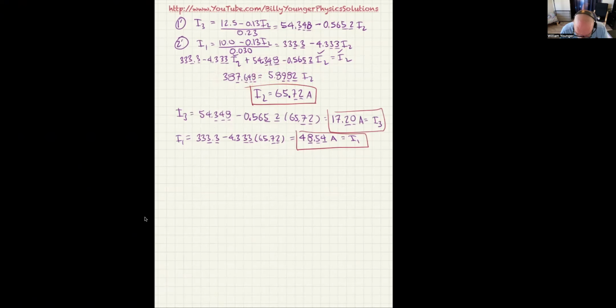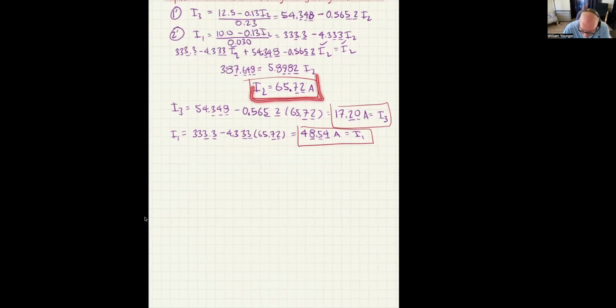Again, whenever you're doing these multiplications and then additions, you've got to check the number of sig figs that come out of the multiplication before you can figure out how many sig figs are left after the addition or subtraction. So I did do that. Ultimately, I was able to get all the I2s on the right with a coefficient of 5.8982, obviously the 9, the 8, and the 2 not being significant. And then the combining of the like terms for the constant terms was 387.648. So now I just have to divide 387.648 by 5.8982. When I did that, I got I2 is equal to